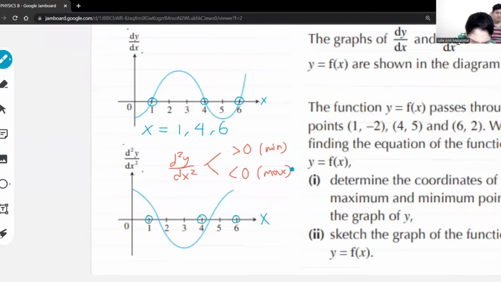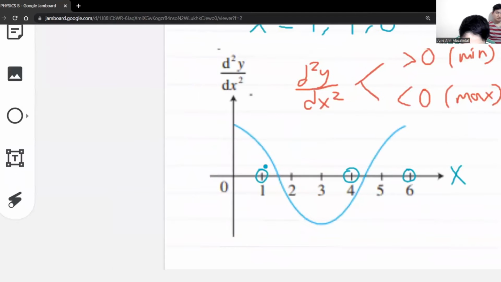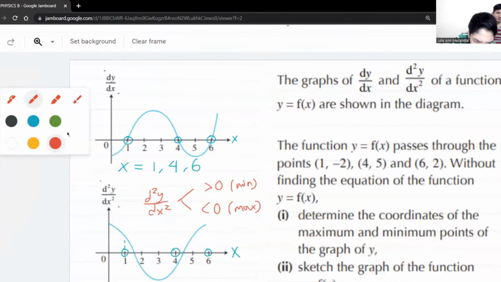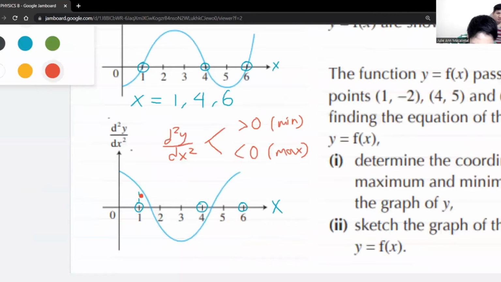From what appears apparent in the graph, at the first one the second derivative is positive,